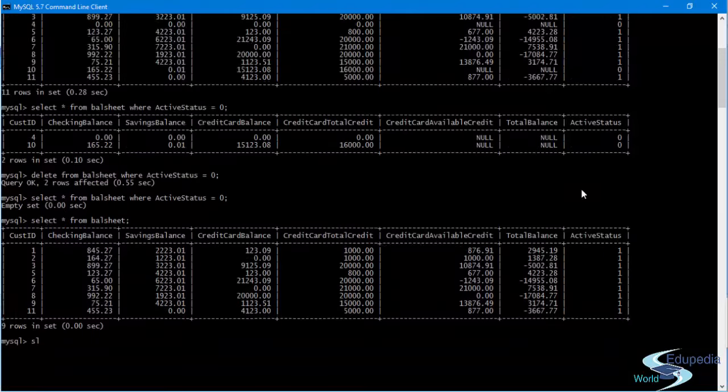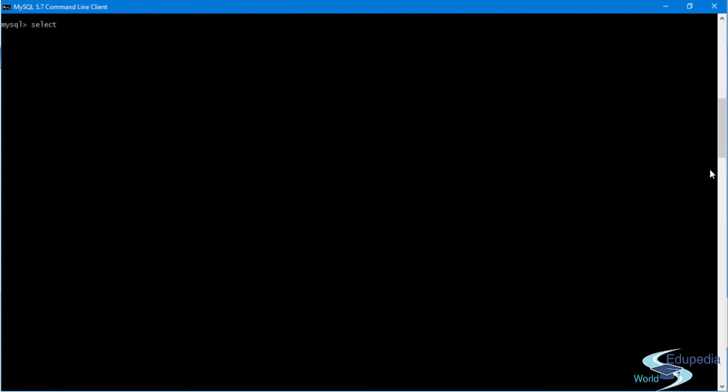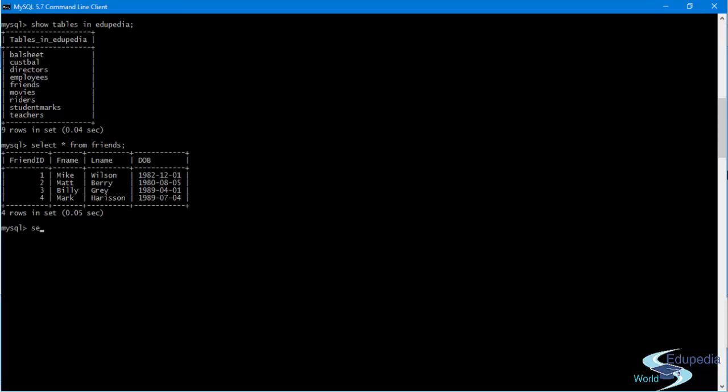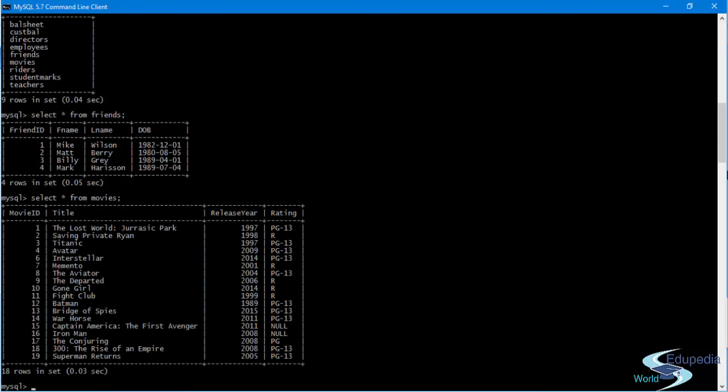Let me just take this up and see how many tables are in Edupedia. There are quite a few tables. We'll be selecting star from, say, friends, and we'll be selecting from, say, movies. Now we are talking about the primary key. You see that friend ID and movie ID: 1, 2, 3, 4 and so on, 1, 2, 3, 4 is